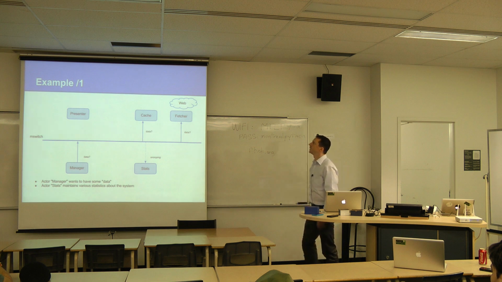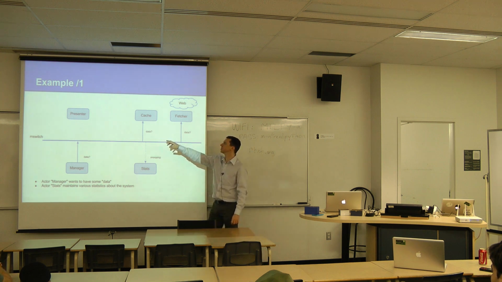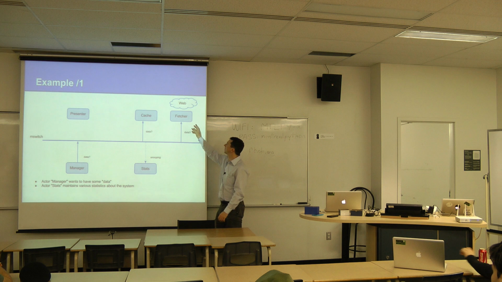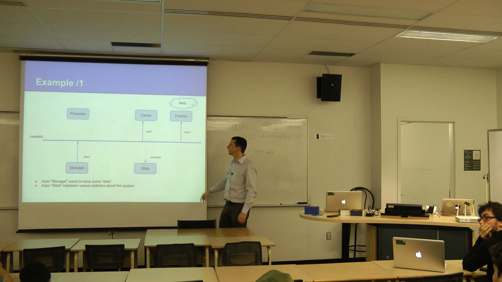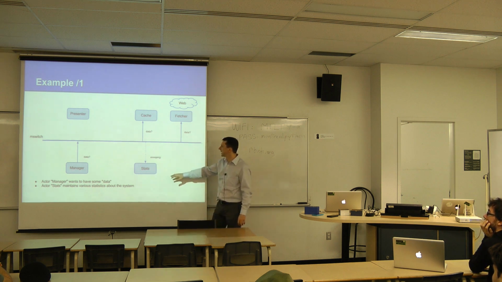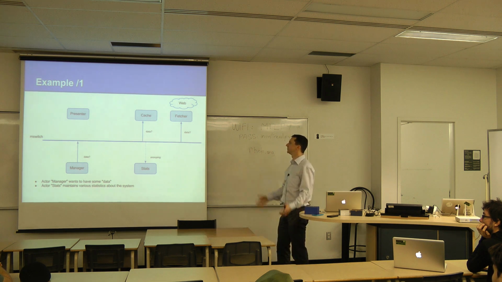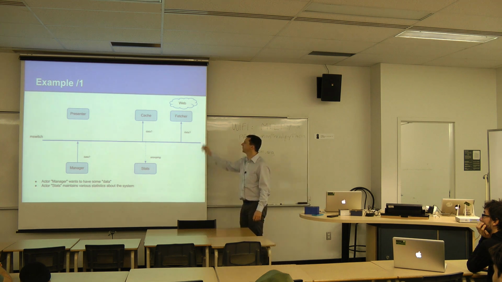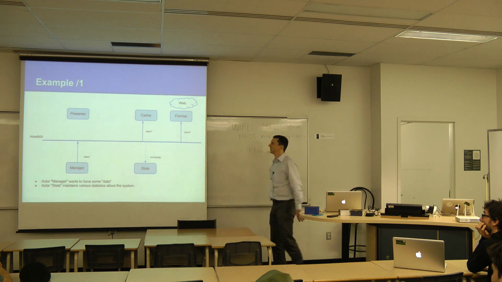So just a quick example of the sort of stuff I do with that sort of architecture. Let's say I've got a bunch of actors: a presenter, which could be responsible for just outputting stuff to a user, a cache, a fetcher that goes out on the web to fetch data, a manager, and a stats engine. So let's say that the manager says, well, where's my data? And it goes out on the M switch, everybody receives it. This guy just snoops all the messages and does some statistics.